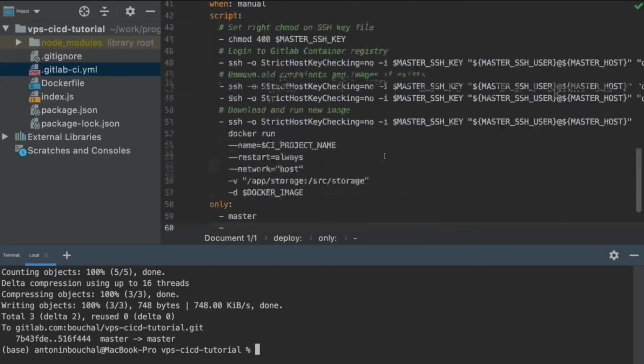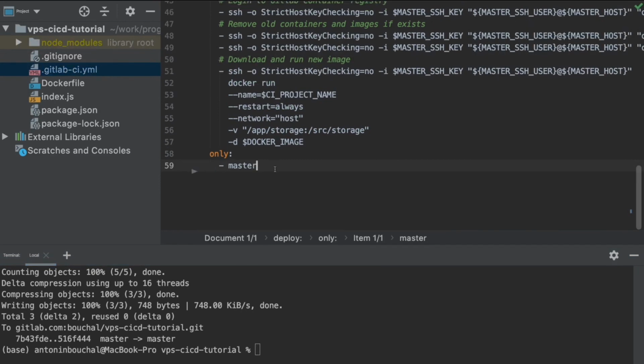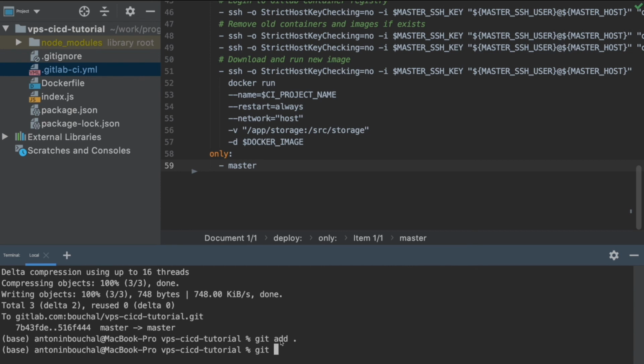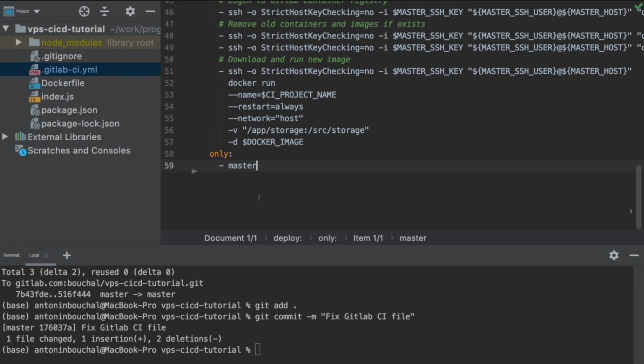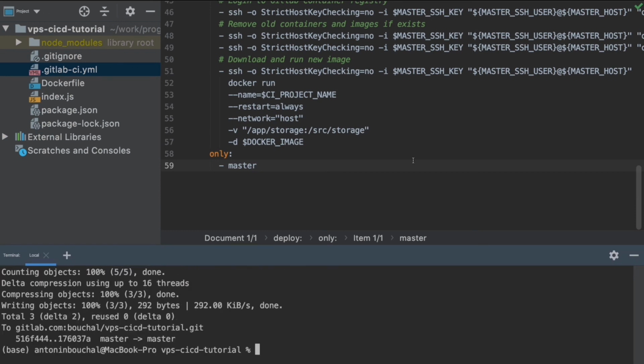YAML invalid. Okay, where? Wow. Okay, so git push. Okay, git push, and